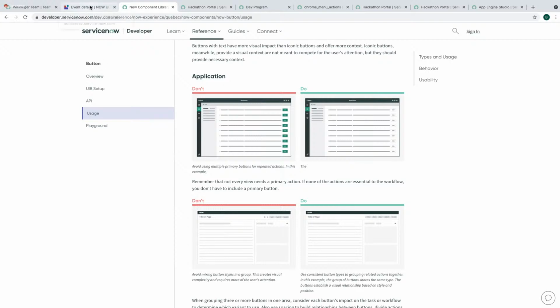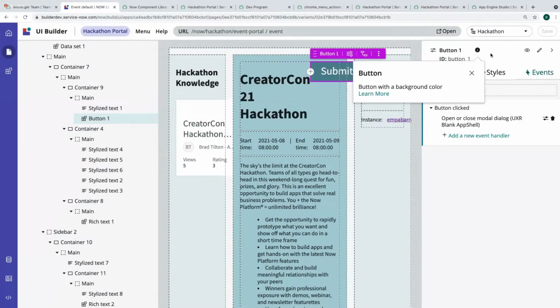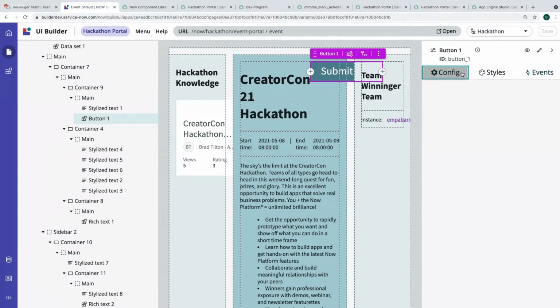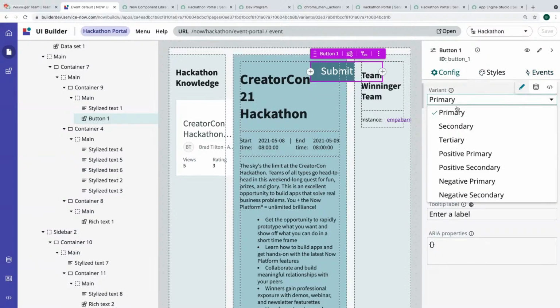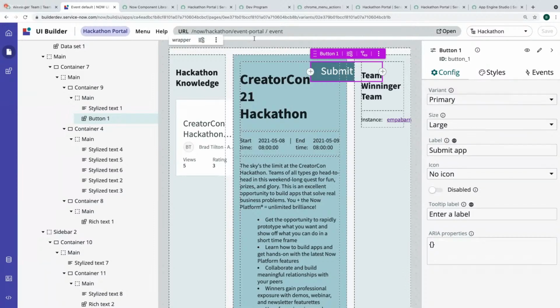And with that, Brad, I think we're good to stop the screen share. All right. And I will say one more thing. When I created this button, it actually has a default of secondary, which should tell you something: if you have to change a thing, there's a reason something is the default. Yeah. All right. Well, I will stop sharing here.